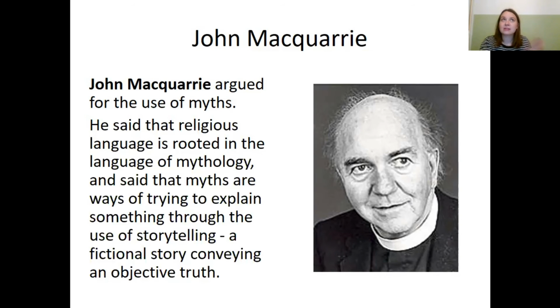So we could look at this. If you take religion out of it, we could look at something like a made-up story that is very common, like The Boy Who Cried Wolf. Okay, so hopefully you've all heard that story. There's a boy and he's looking after some sheep and he's a bit bored, and so he thinks this will be fun, so he runs into a village and he shouts wolf, wolf, wolf, and everyone comes out to try and help him and look after the sheep, and he just laughs because there wasn't any wolf.